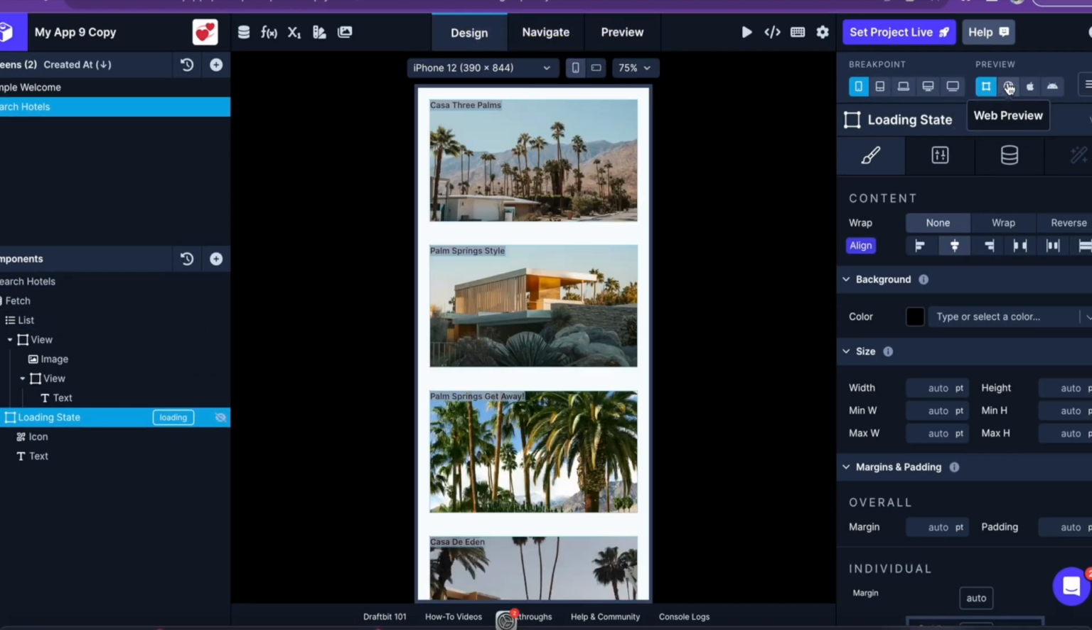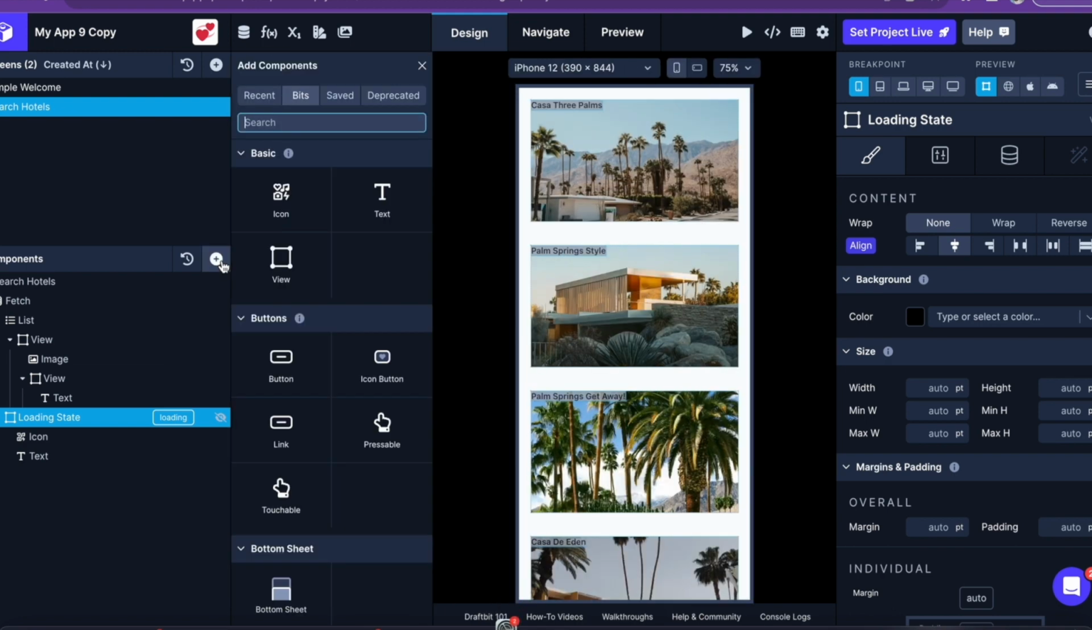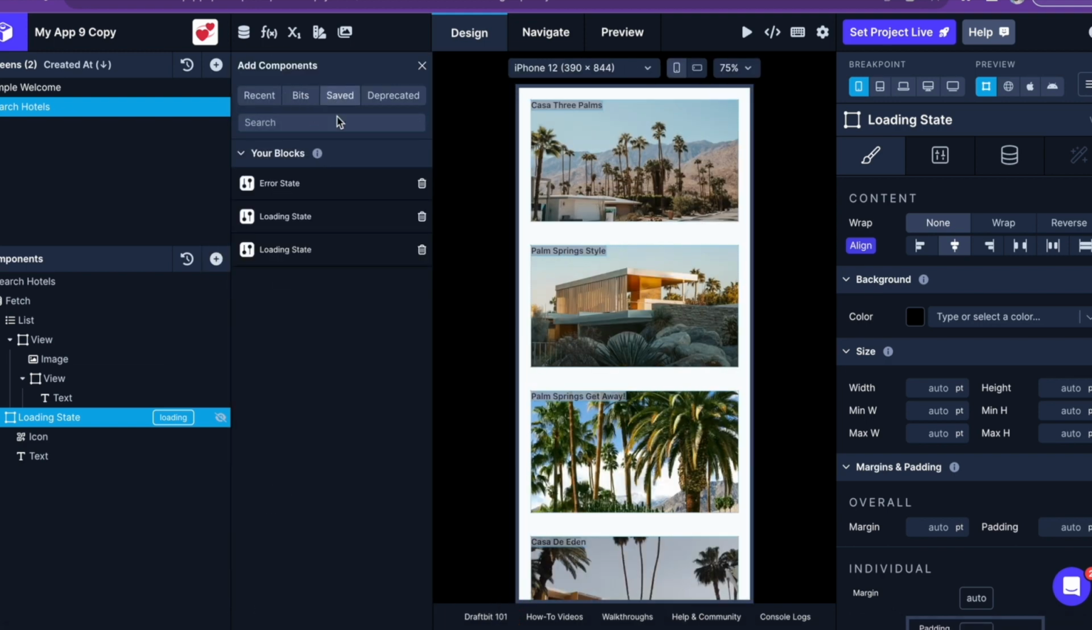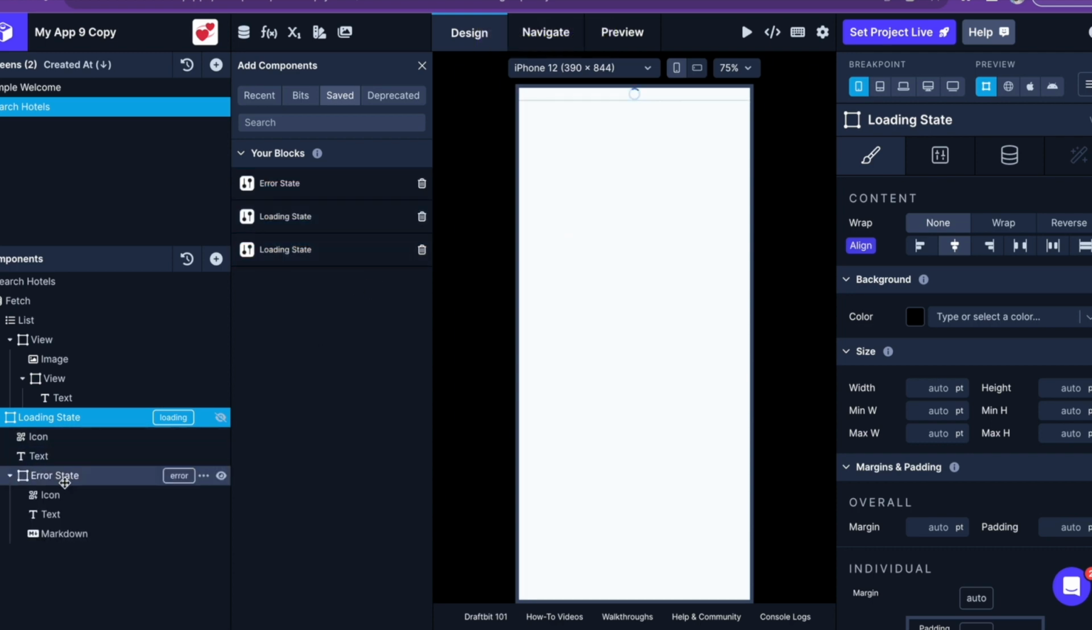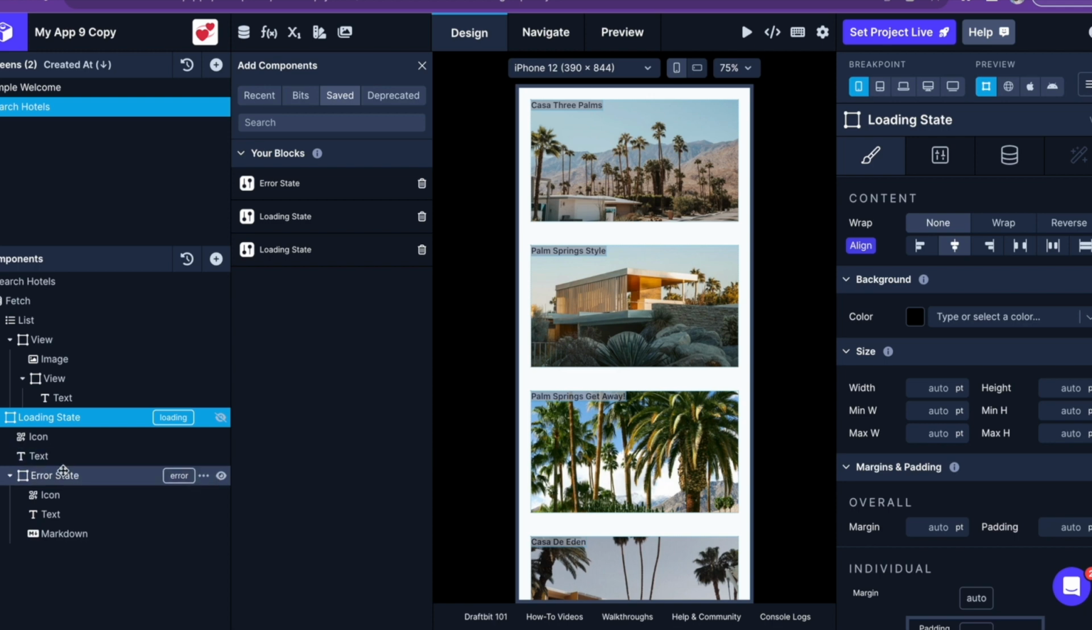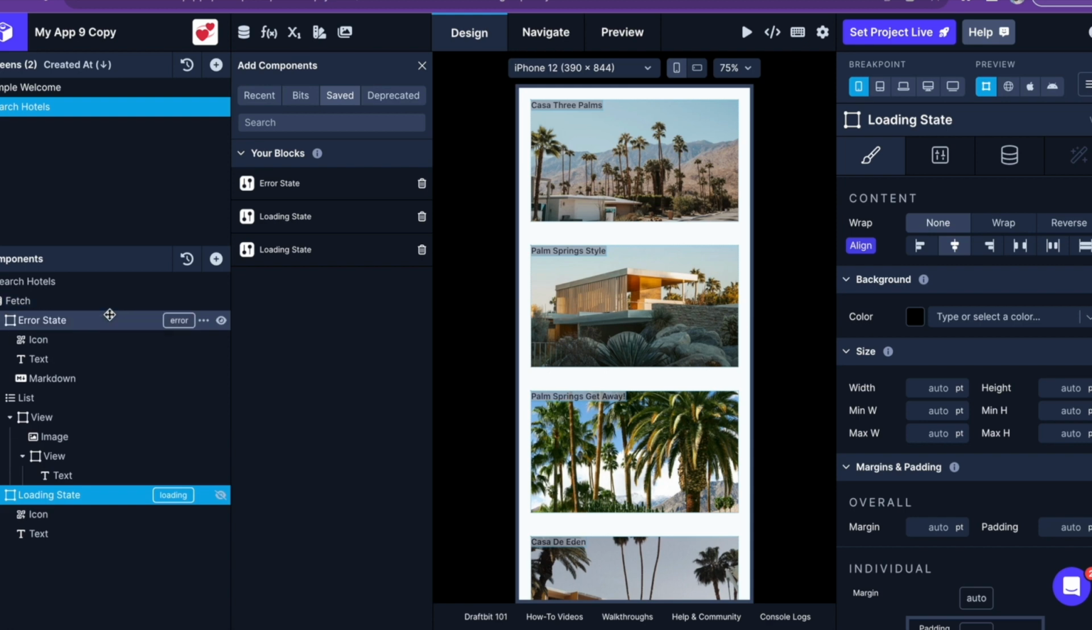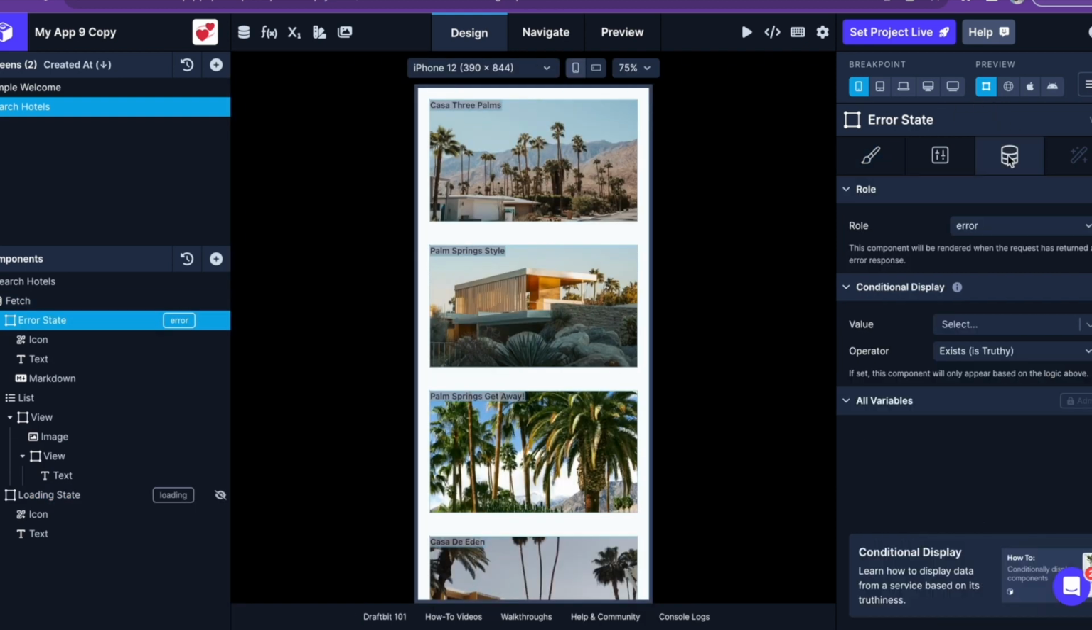Now let's move on to configuring our error message. I'll add another block of components for our error state. This again was set for the error role in the Data tab, and you can see a little rectangle showing the role of this view component. The error message will display